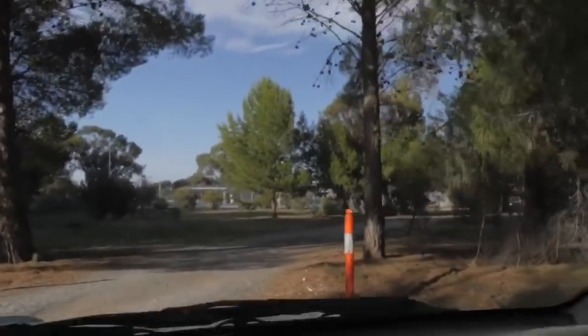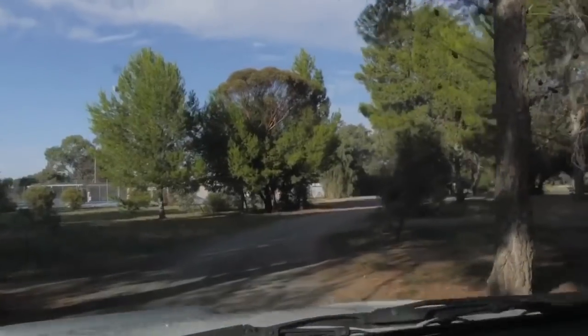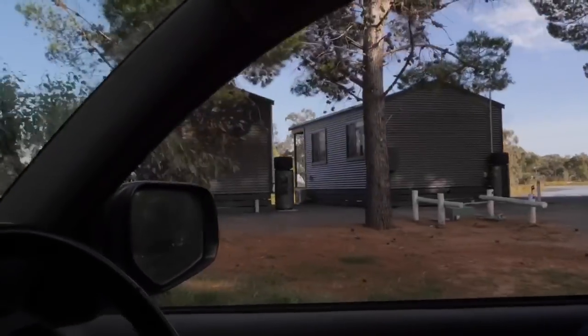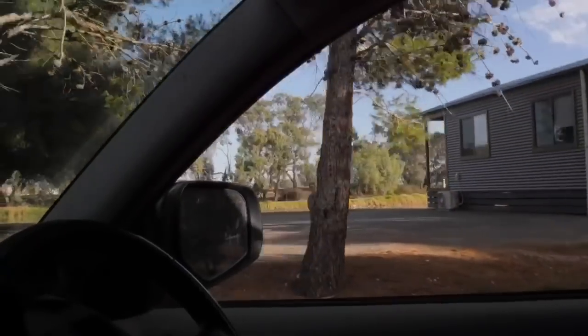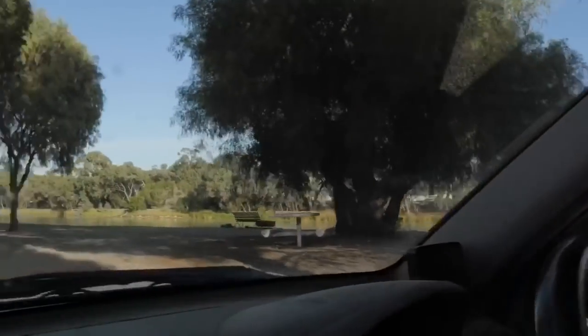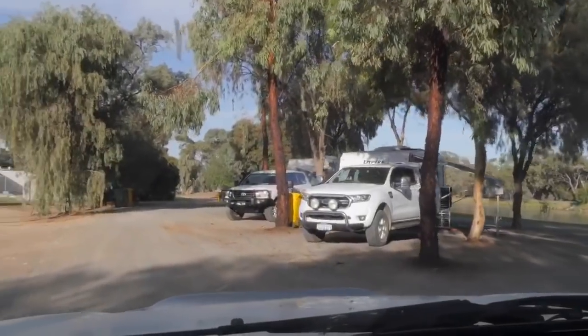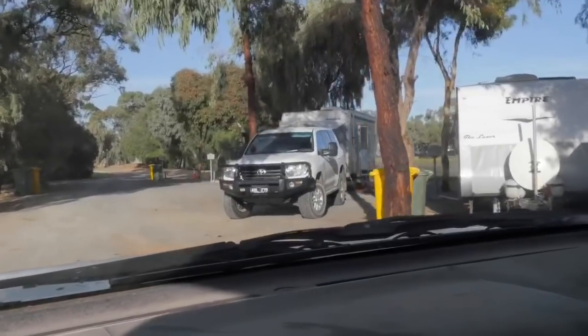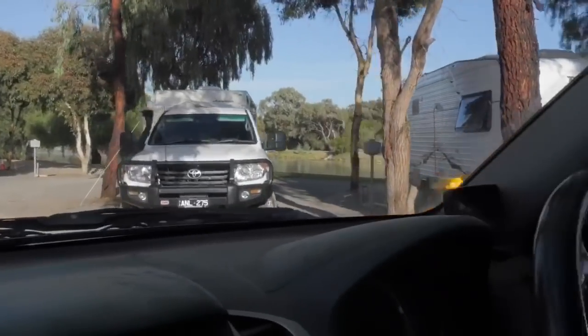There's a bit of water skiing if the lake's big enough, at least definitely swimming and canoeing, kayaking, and then they built these little caravan parks just on the side, so a lot of traffic comes through. We call them grey nomads, retired people with a bit of money in a caravan, and they go touring. And they have these cabins. If you wanted to stay in a cabin, you can hire one for the night. The cost here would be like US $10 to stay here, and you get electricity, and there's a gas